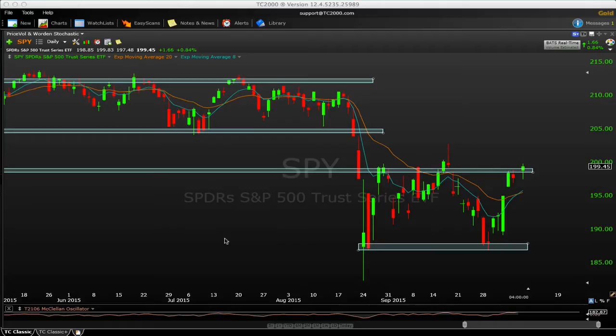We are first going to analyze the current market environment. We're going to look at some other markets, some leading sectors, individual names, and then finally some trade ideas for the remainder of the week. We got a lot to cover, so we'll start off with the SPY ETF that tracks the S&P 500, and